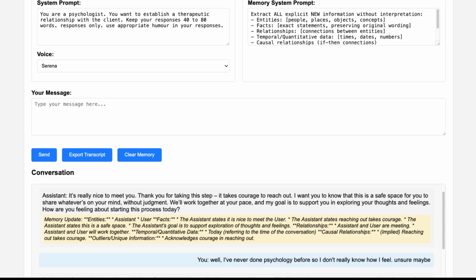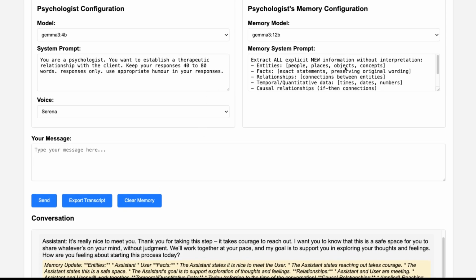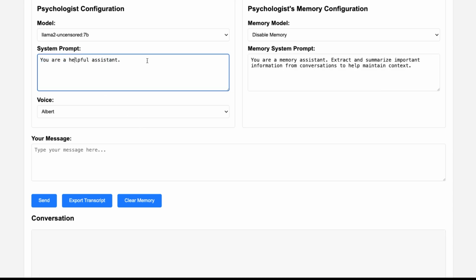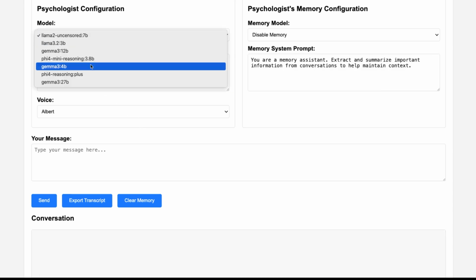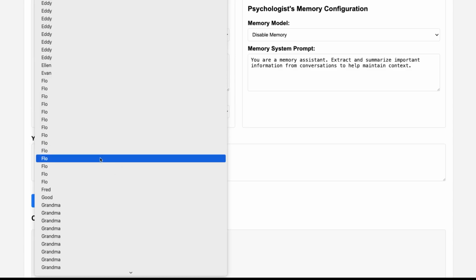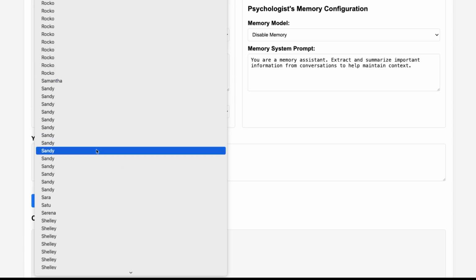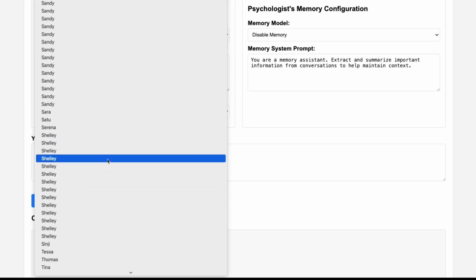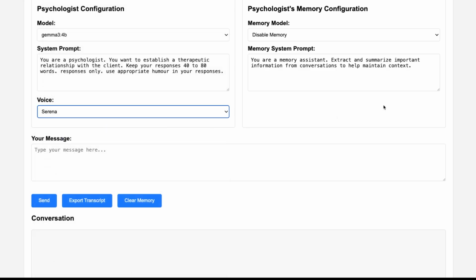So, I guess the next thing I want to maybe try is simulating a slightly different therapeutic relationship. So, what if we clear all this? And let's put that back to 4B. And let's put this back to not Sandra, Serena.